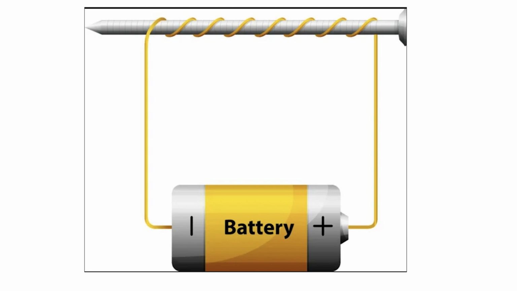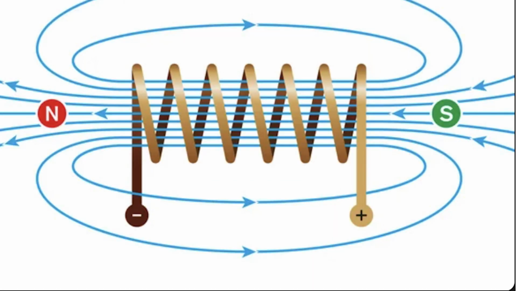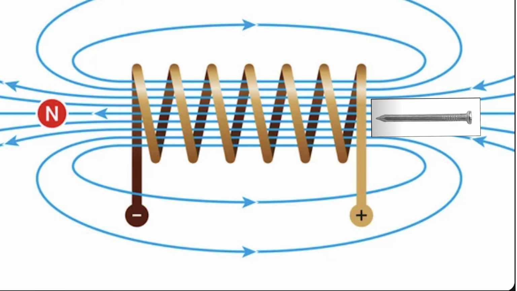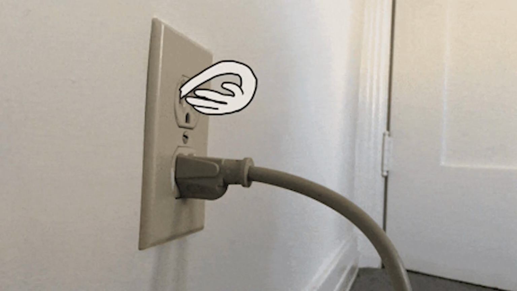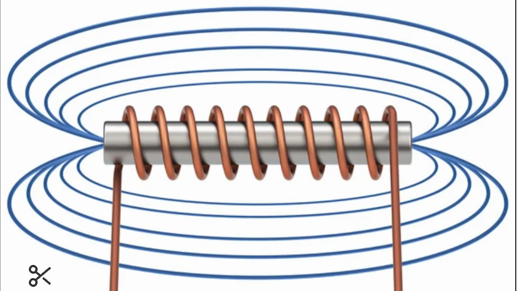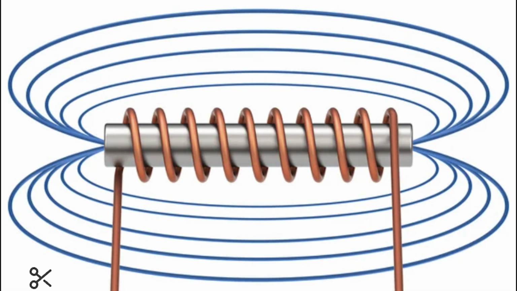A simple electromagnet consists of a coil of a conductor wire with electricity passing through it. The flow of current through the wire creates a magnetic field which is concentrated in the hole in the center of the coil, and the whole setup acts like a magnet only until the time current is flowing through it. If we put an iron nail through the center of this coil of wire, the nail will act like a magnet. When we turn off the electricity, the flow of current will stop, and this will prevent the formation of the magnetic field and the whole setup will turn non-magnetic.